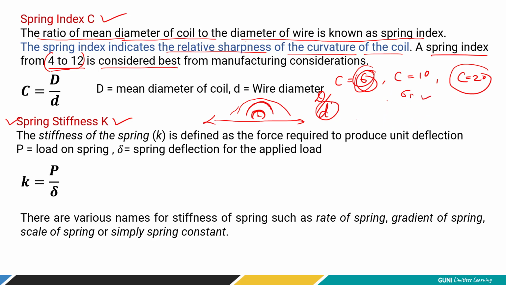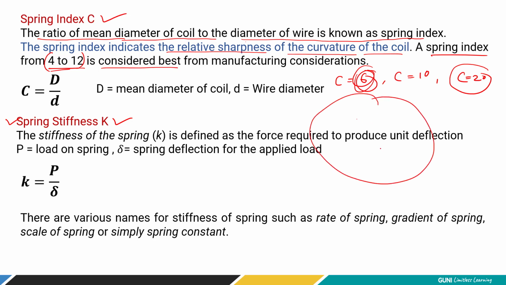So from the manufacturing point of view, to maintain easy manufacturing possibilities with given machineries, we keep the spring index value between 4 and 12, right? It is not a hard limit, you can have a higher value, but you have to think that if you keep it larger, then manufacturing will be difficult. The outside diameter will be heavy with respect to the wire diameter, so you require more tooling, right? But if you keep it smaller, it is very difficult too. A smaller spring is very difficult to produce, right?